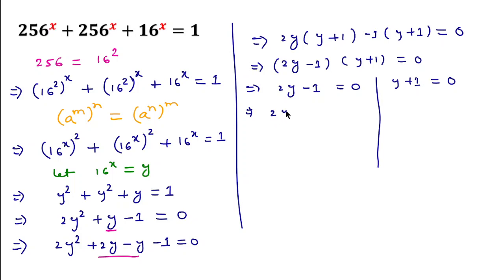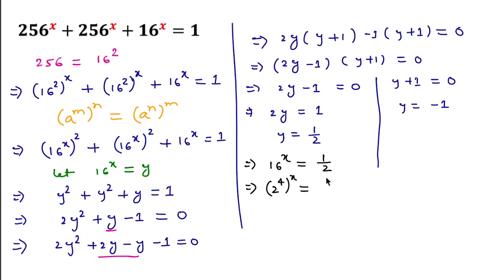This means 2y equal to 1, so we will get y equal to 1 by 2, and here we get y equal to minus 1. As we have considered 16 to the power x as y, so in place of this, if we put y as 1 by 2, 16 to the power x equal to 1 by 2, and 16 can be written as 2 to the power 4 to the power x, and 1 by 2 also written as 2 to the power minus 1,